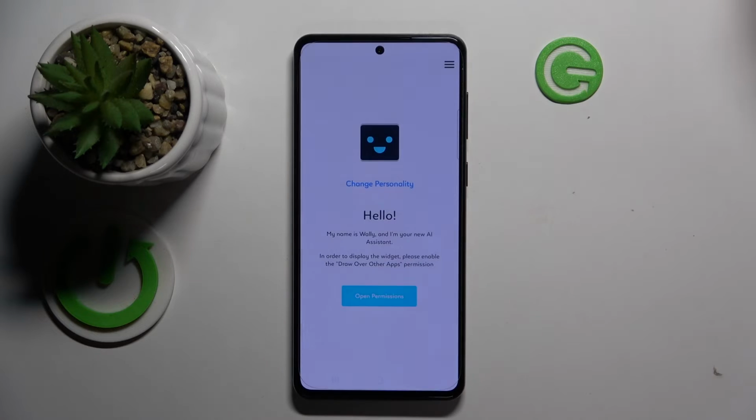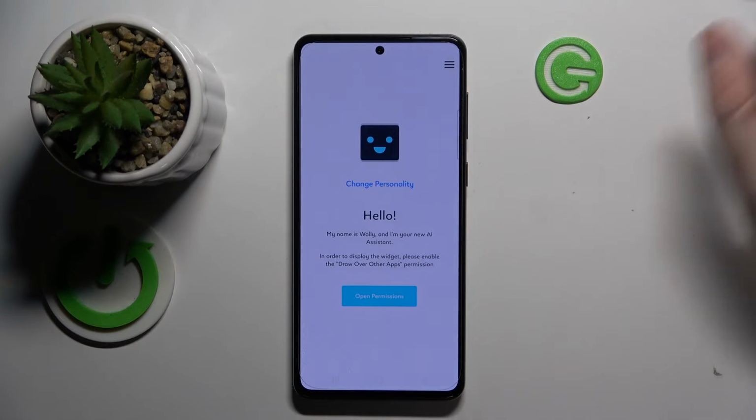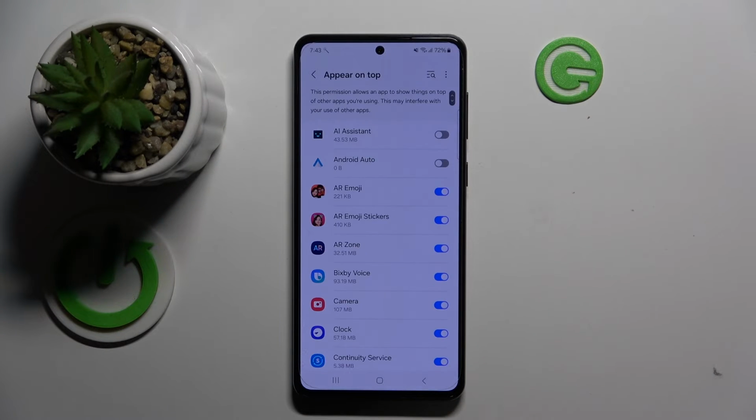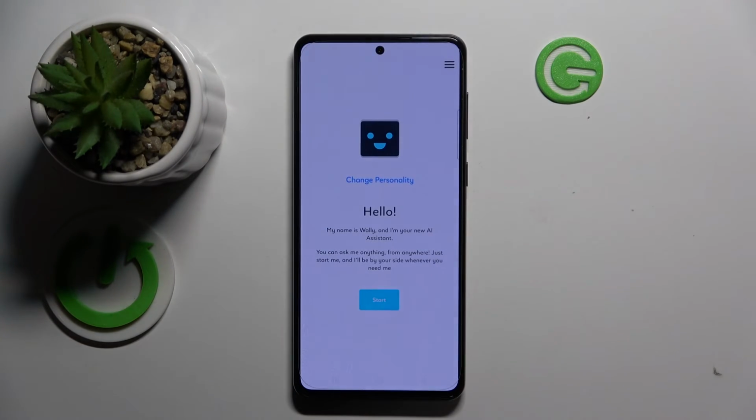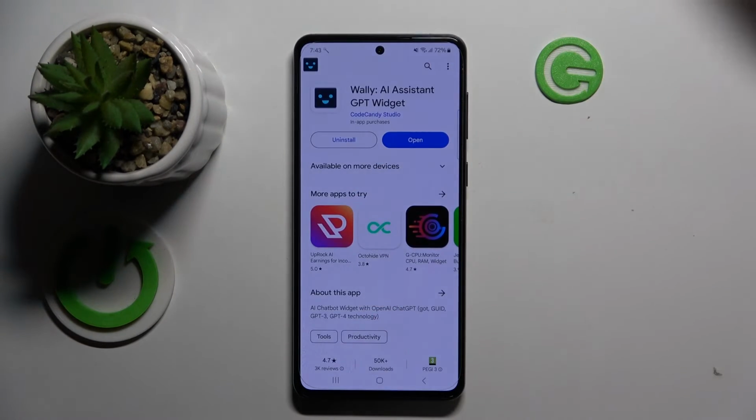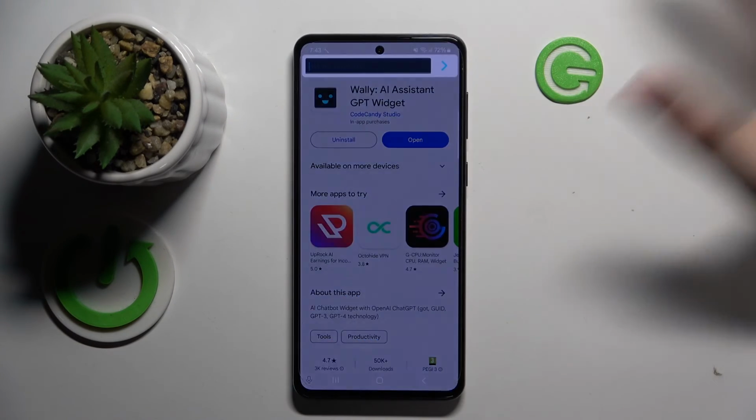And then you can click this button to skip introduction, then click not now and click open permissions. Now you have to click here to allow this app to appear on top and then click back. Then you can click start, and as you can see, here is your ChatGPT widget and you can open him